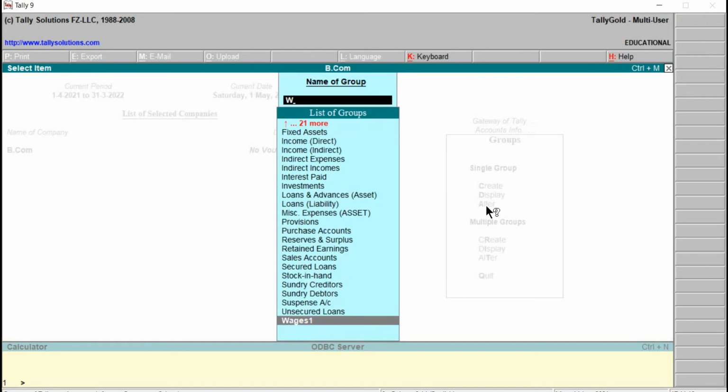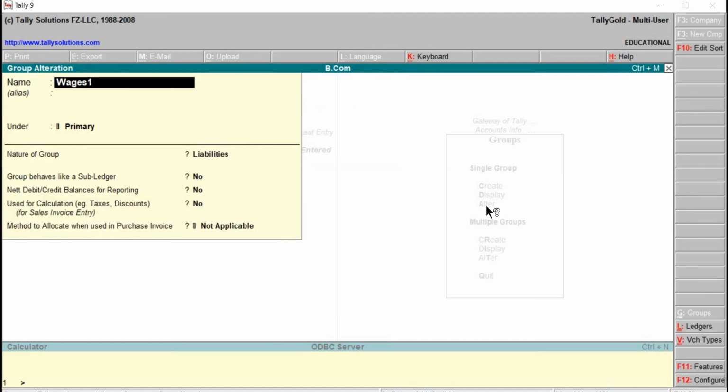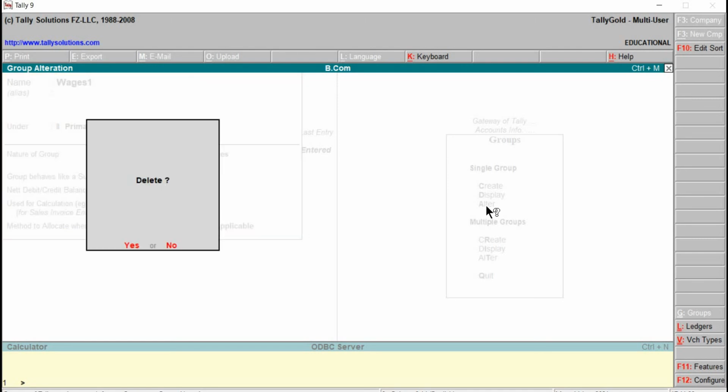Right now we will select wages 1, right? Then here we have to make use of a shortcut key, that will be Alt and D for delete. Delete question mark yes or no will come. Either we can press Y from the keyboard or we can just click on Yes.